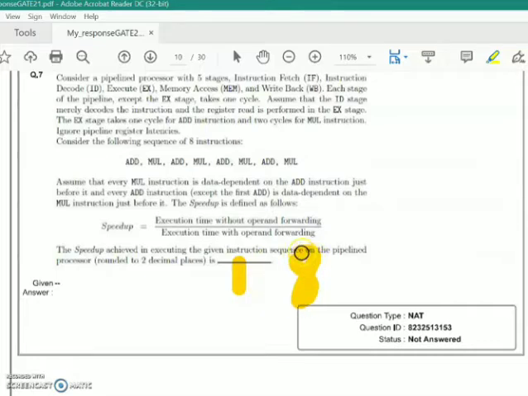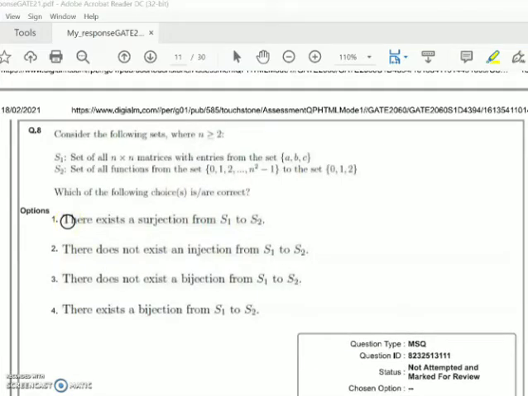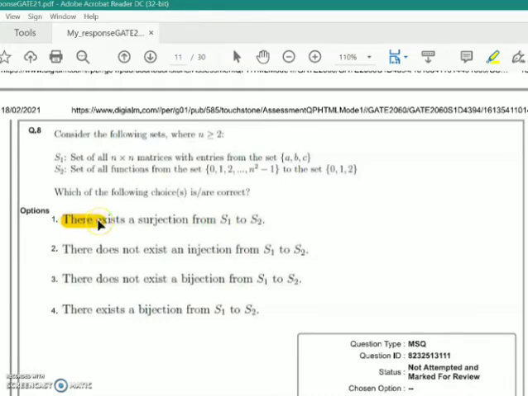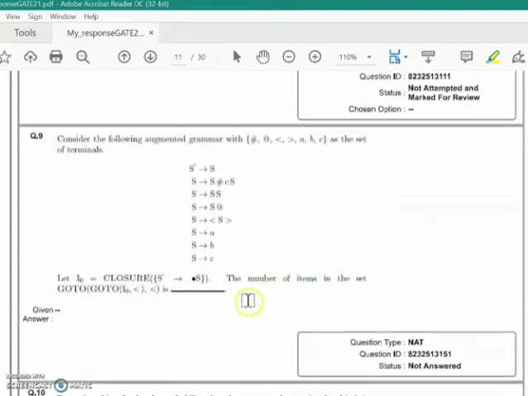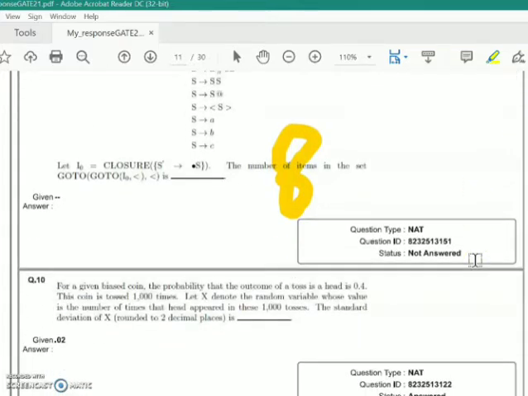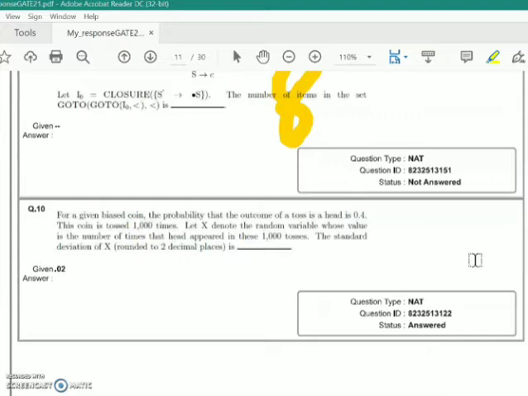The speedup achieved in executing the given instruction sequence on the pipeline processor. I think the answer is surjection. ABC is having S1 having more number of elements. Question number 9, its answer is 8. 1, 2, 3, 4, 5, 6, 7 productions which are derived from S, plus 1 more. So 8. For question number 10,